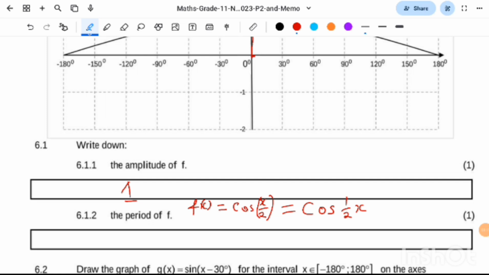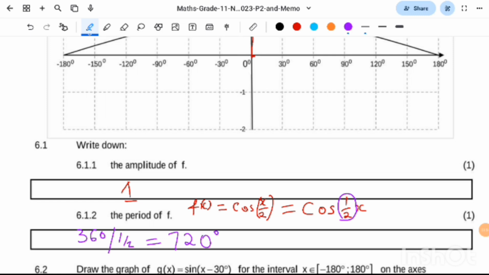Then what is our period on this function? You will remember that whenever you have a value here, it changes your period. So you say your new period is your old period divided by that half, which is